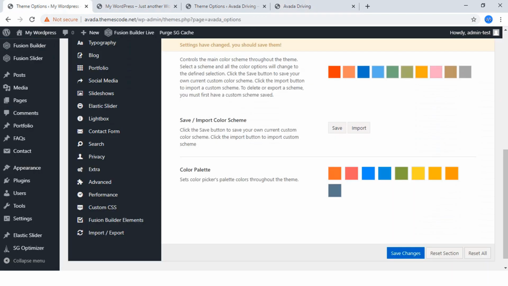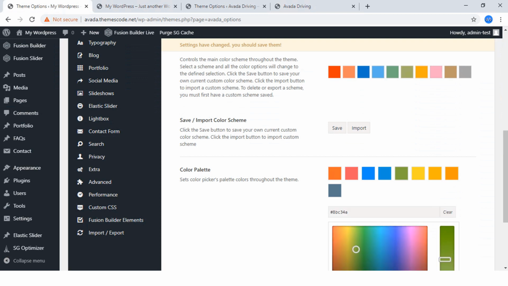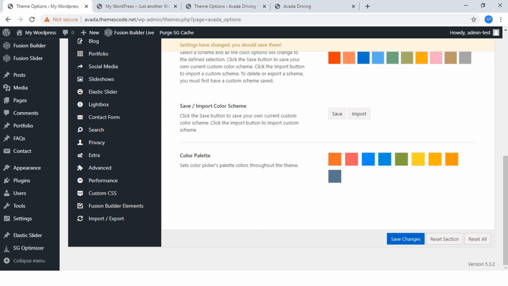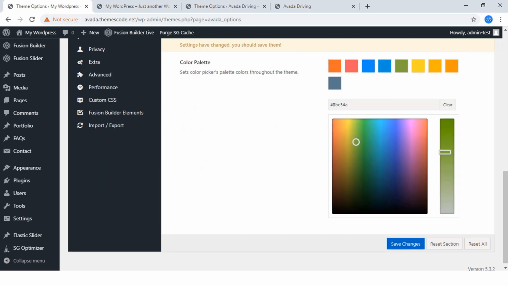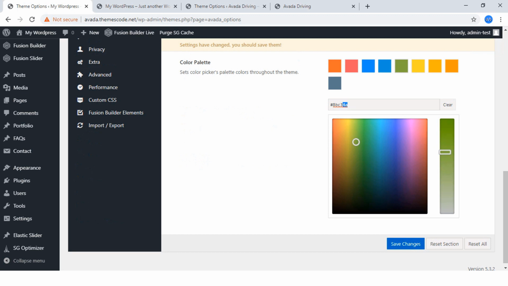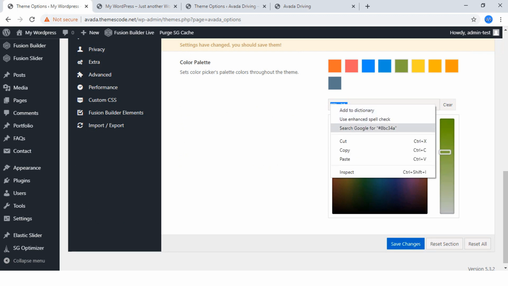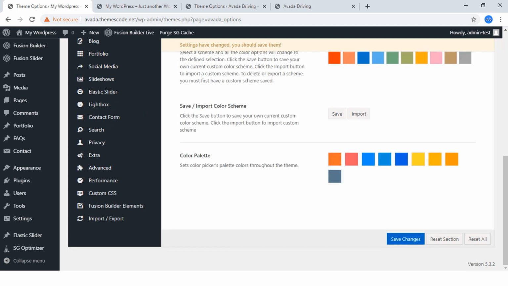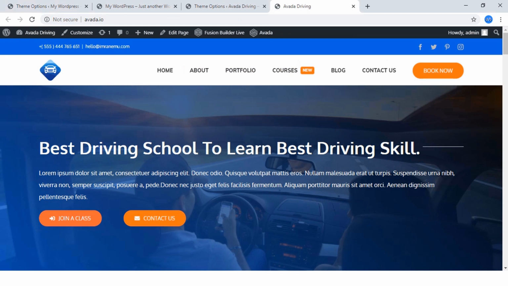Okay, just I'm going to edit this color, then replace it. Okay, here you can see our preferred color has been added, and the next color,